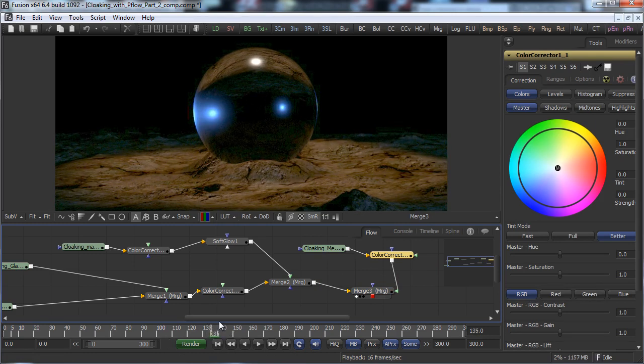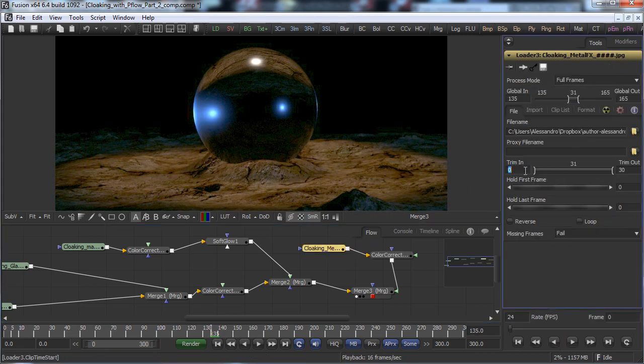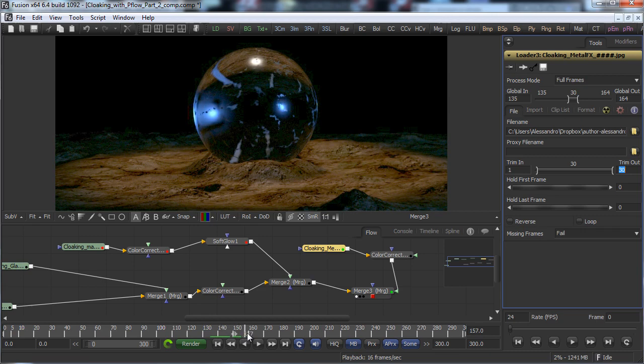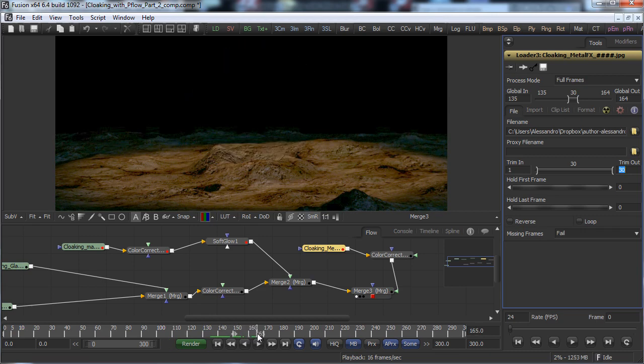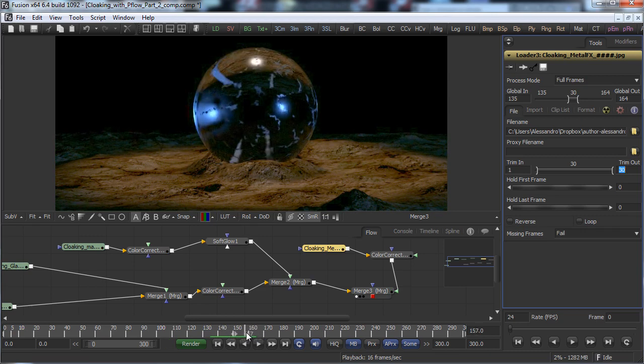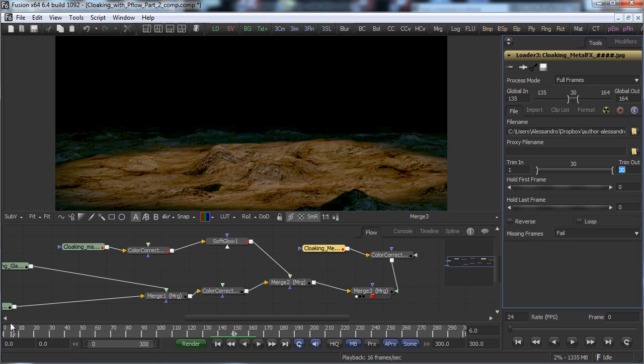It's the same problem as before. So let's say that we trim the first frame, so we should not see the differences, and you see that it's starting to make the metal visible. Okay, so now we can